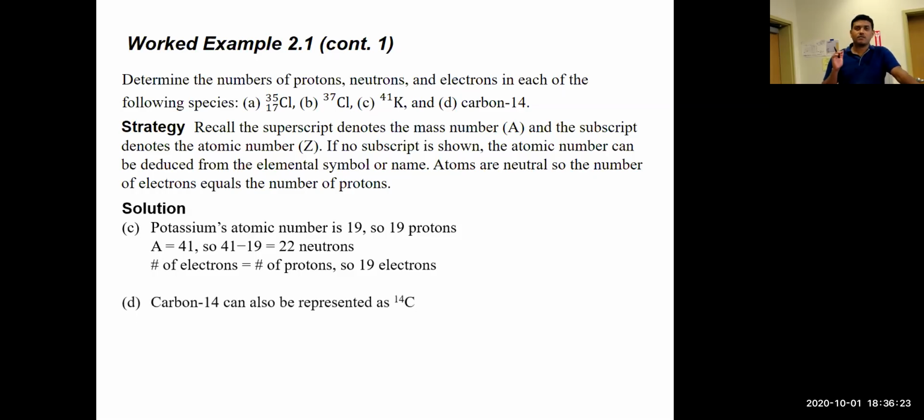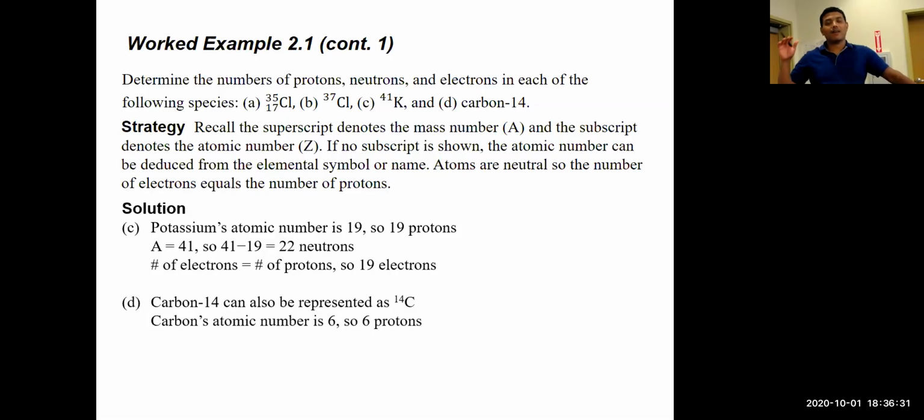If it has 6 protons, and if it has a mass number of 14, the number of neutrons is going to be 14 minus 6. So it is going to have 8 neutrons. And if it has 6 protons, naturally it should have a similar number of electrons. So it will have 6 electrons. That's all you need to know